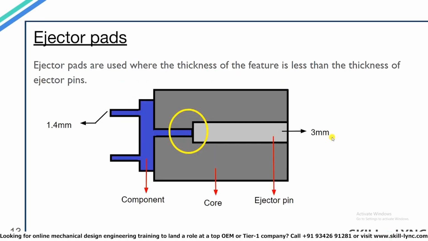Now, before explaining the ejector pads, I will show you what problems might occur while ejecting components with very low thickness values. In this diagram, you can see the thickness of the highlighted section over here is around 1.4 mm. However, the ejector pins come in standard sizes of 3 mm or 6 mm. So if we try to eject the component from this region over here, then that won't be possible because the ejector pin of higher thickness can't move through the core. In this specific case, this issue can be avoided by providing ejector pins over here or here, but that might not be the case in all the situations, and to deal with such situations, ejector pads is one of the